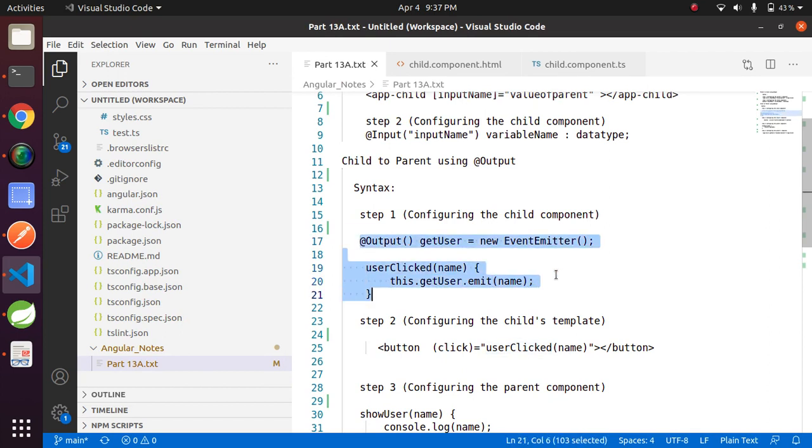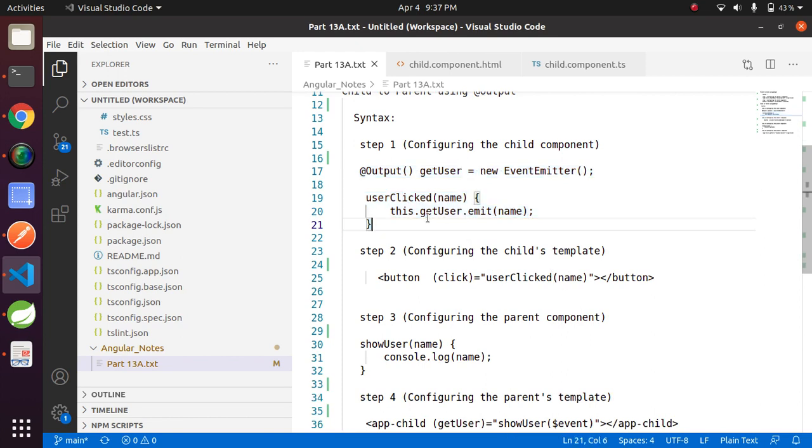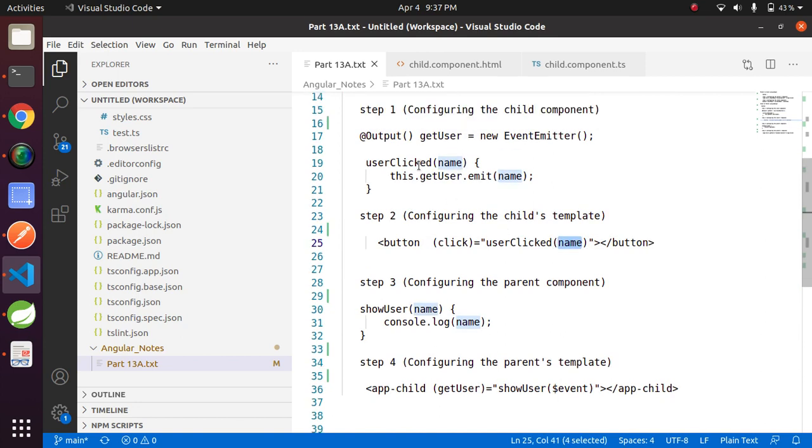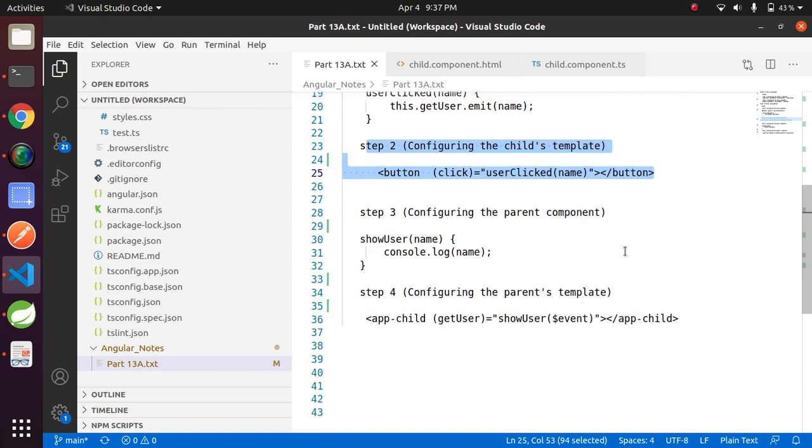Let's move to the second step. The second step is configuration of the child template, which we have also done. On click we are calling this method, which we have also done. Go to the third step, configure the parent component. In the parent component, let's add a method that will listen to the message emitted from the child component.